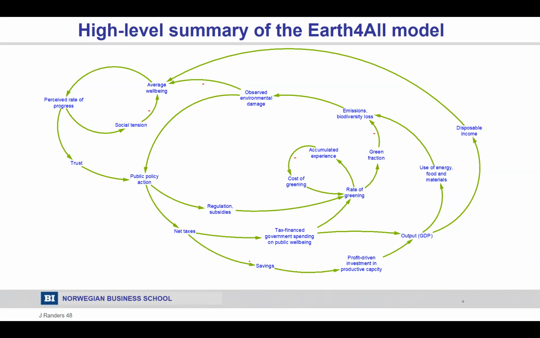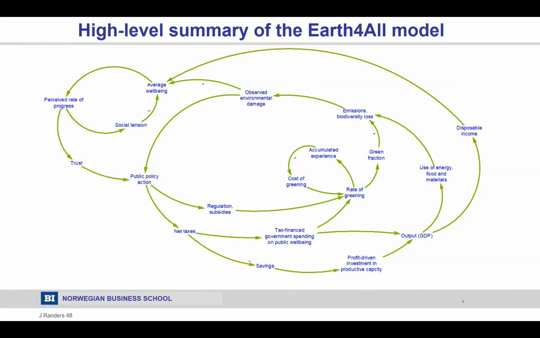And the interesting thing is that both of them increase the GDP. So the worker that is working on a low productive capacity in order to clean something is also adding to the GDP. So the fact that both of them work on the GDP is important. The net taxes influence savings, which reduces the profit-driven thing. And then the spaghetti in the middle, the rate of greening, what is important there is the learning involved. So when you start investing in a green solution, over time you accumulate volume and the costs go down. And this determines the green fraction.